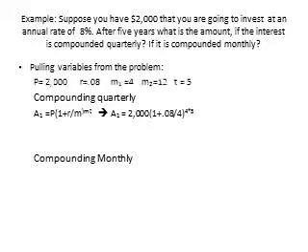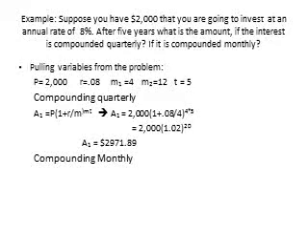First, we need to pull the variables from the problem. For our value of P, we get 2,000. r is 0.08. The first value of m is 4. The second value is 12. And t is 5. Taking those values and plugging them into the equation for the quarterly, we get 2,000 times (1 plus 0.08 over 4), all raised to 4 times 5. We simplify all that to get 2,000 times 1.02 to the 20th,